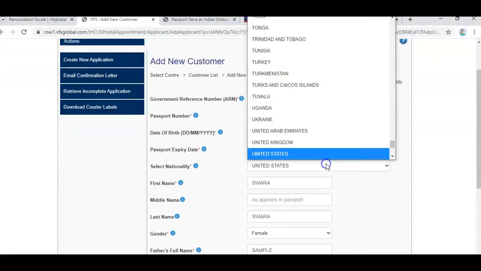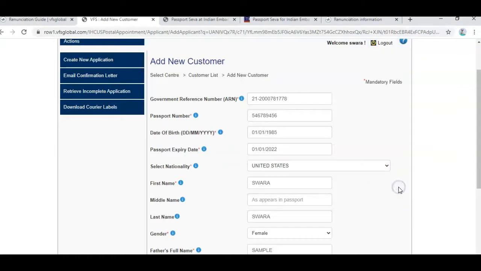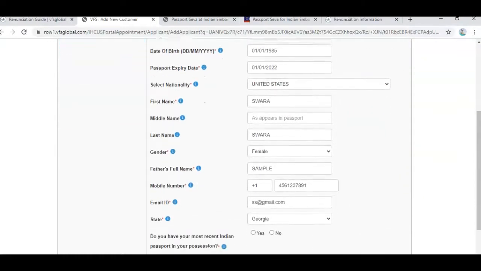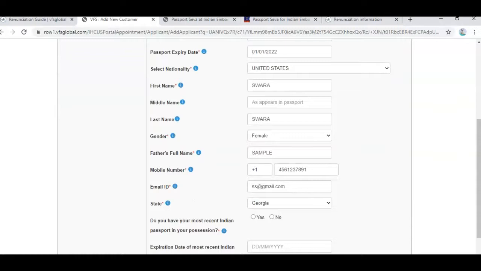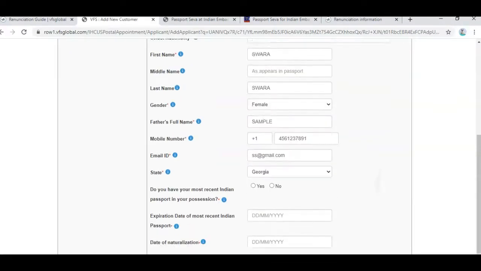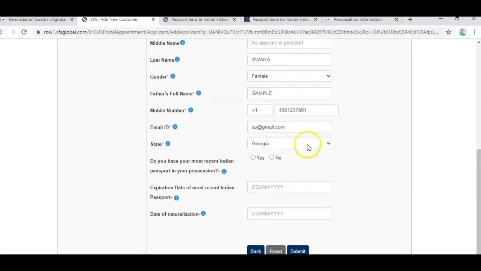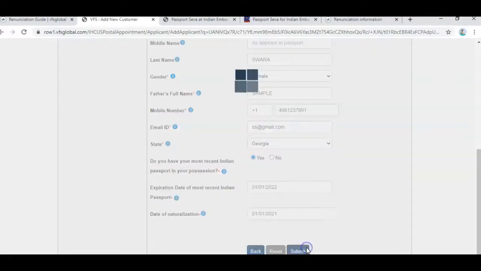And enter all the details: passport number, nationality, name, mobile number, email ID, state. Indian passport details, date of naturalization, and submit.